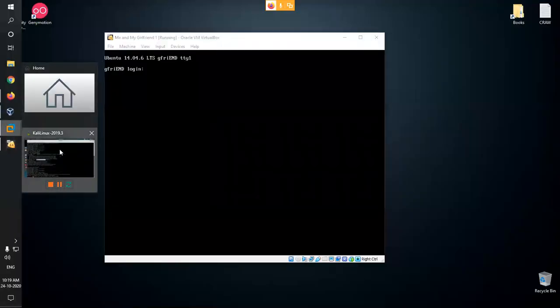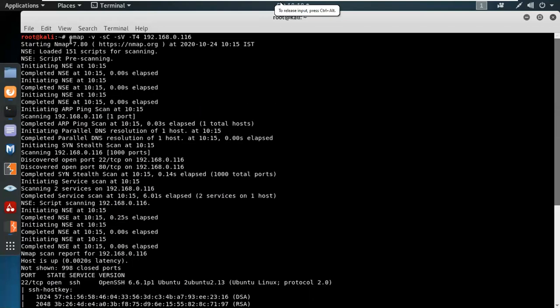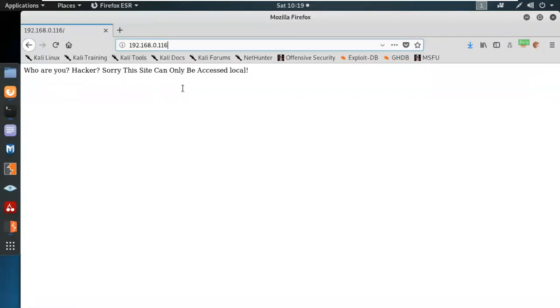And yeah, we already have the scan of the IP address of the machine, which is 116. And over here we have an interface which has a display, so this is your pop-up. "Who are you, hacker? Sorry, this site can be accessed by local." Yeah, so I don't know about this thing. So first things first, we're gonna do the